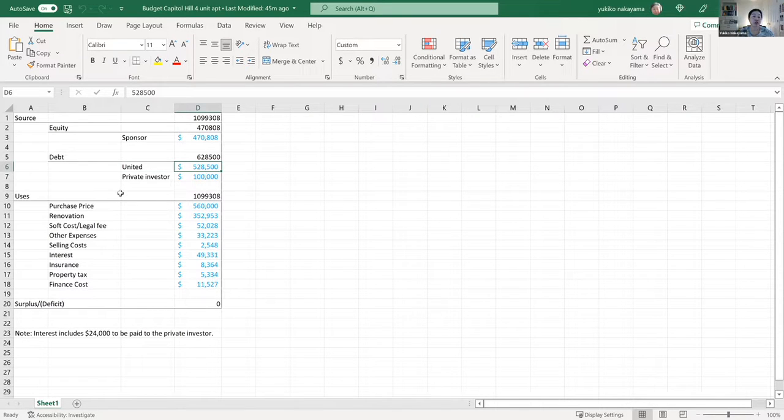United Bank got the loan and then contributed 528,500. And then we had a private investor invest 100,000. So the total source of the cash was about 1 million, and then the use of this